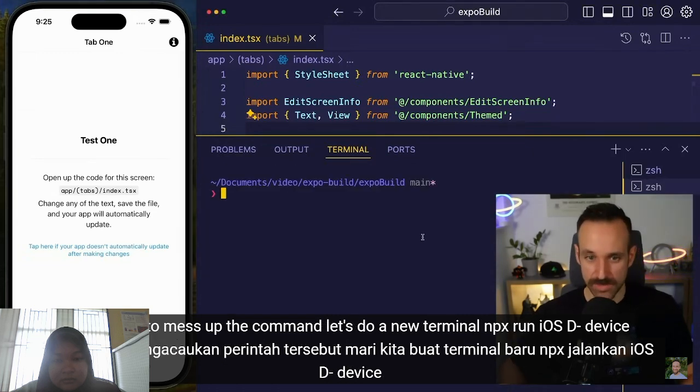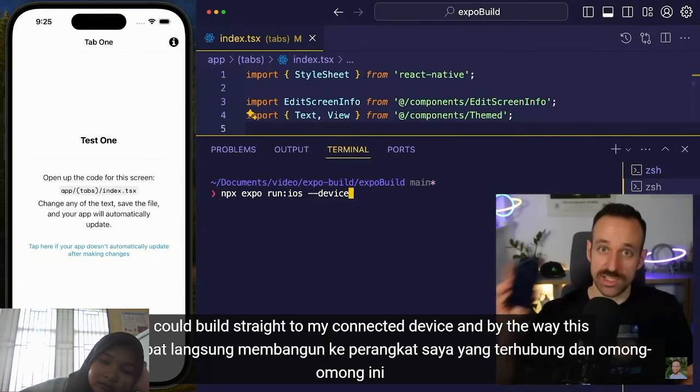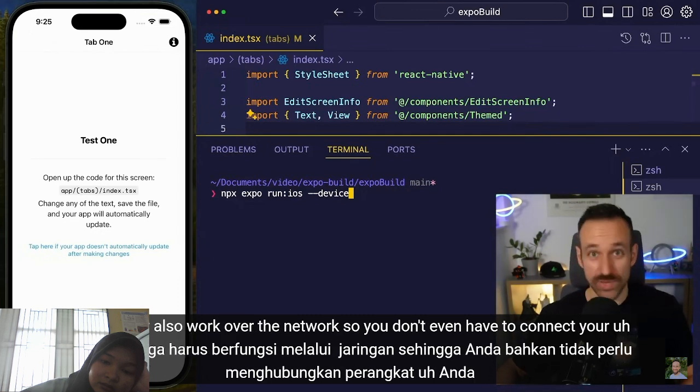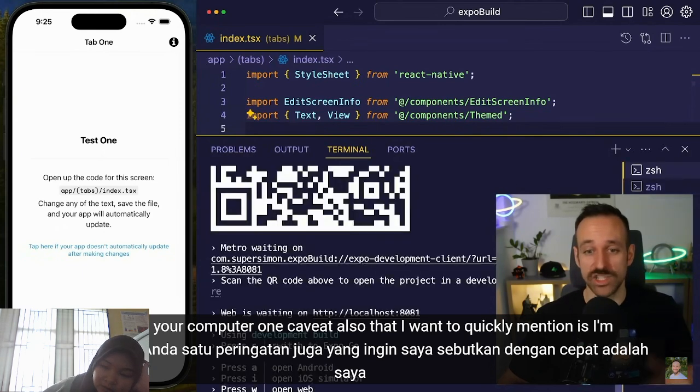I don't want to mess up the command. Let's do a new terminal, npx expo run iOS --device. Then I could build straight to my connected device. And by the way, this should now also work over the network, so you don't even have to connect your device to your computer. One caveat also that I want to quickly mention is I'm running this here on a